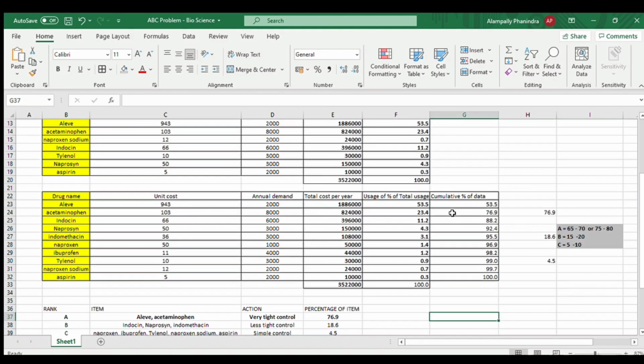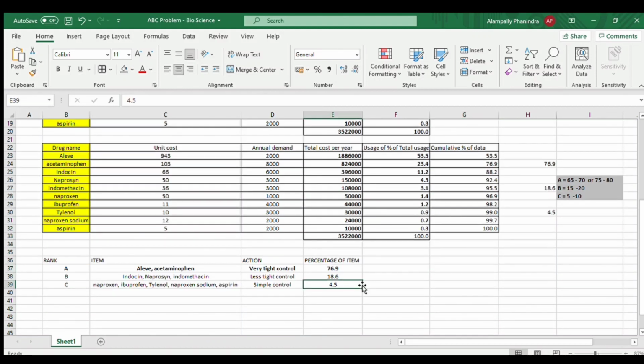This is the ABC analysis rule, and make sure you follow this rule, which everyone who wants to solve this problem should definitely follow.